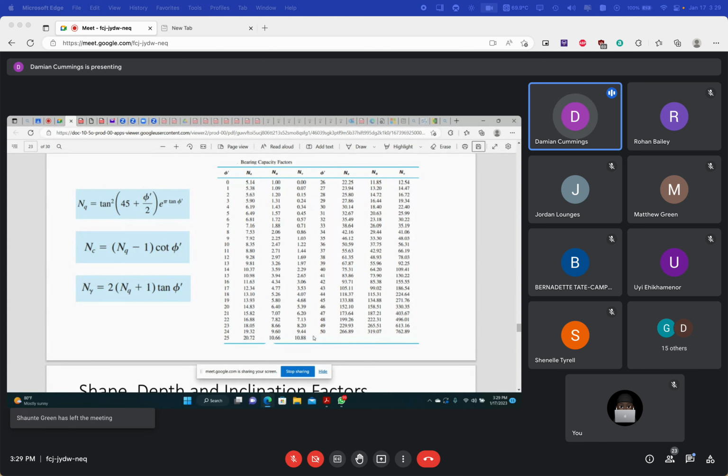All right, assuming general shear failure, from this chart, Nc would be 20.72, Nq would be equal to 10.66, and